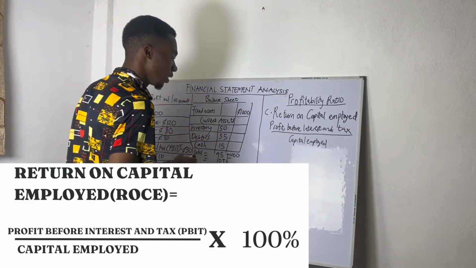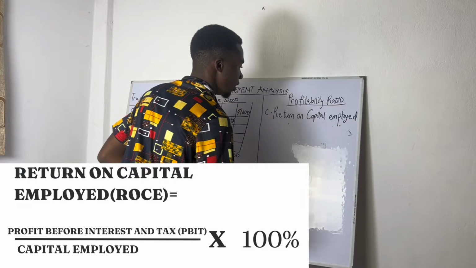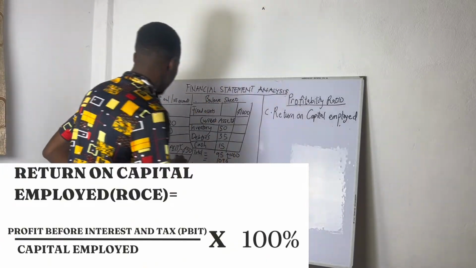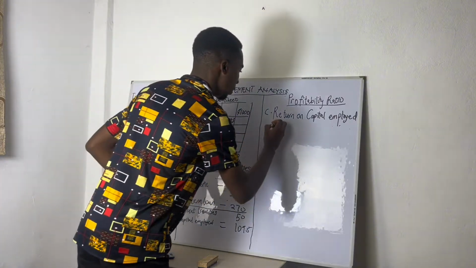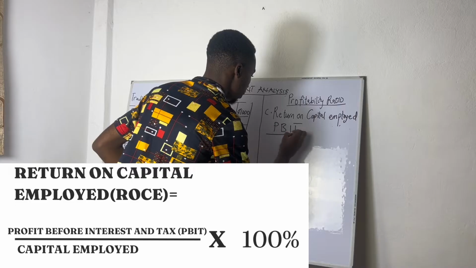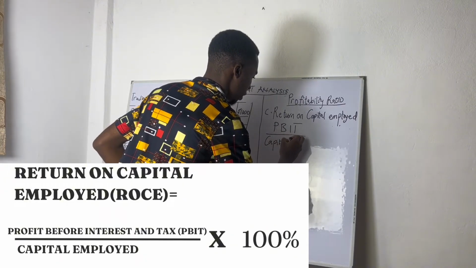Unfortunately, it will not fit there. So you can just do it for the profits before interest and tax. You can do a PBIT. It's also the same, as you guys can see, a PBIT. So you can do PBIT over capital employed